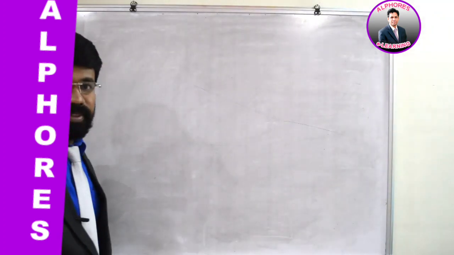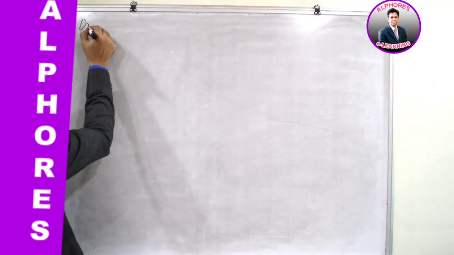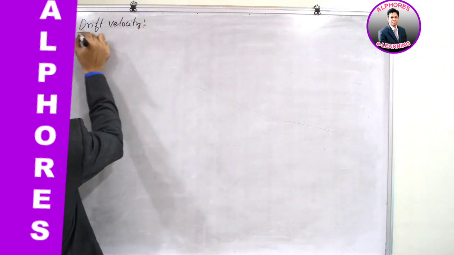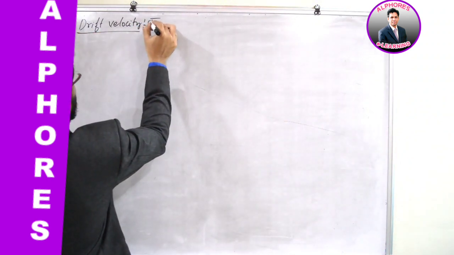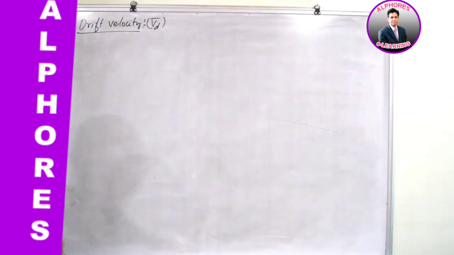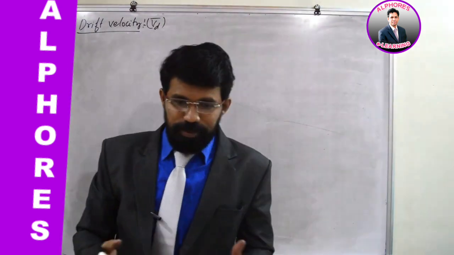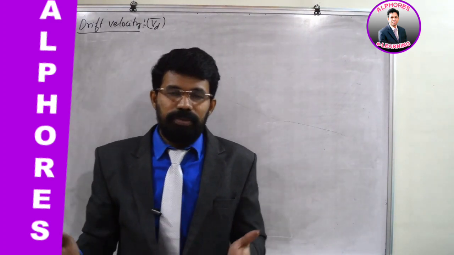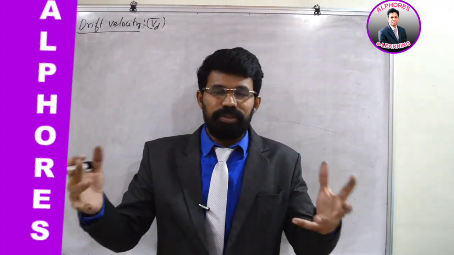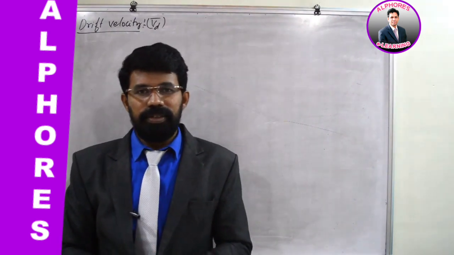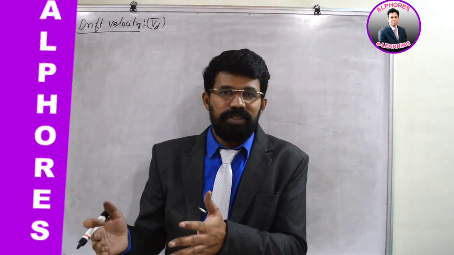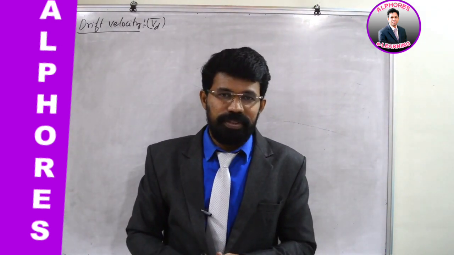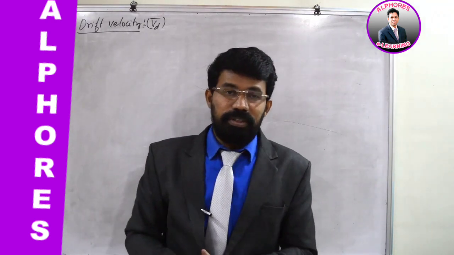So now let us discuss drift velocity. It is denoted with V bar subscript d. So what is the drift velocity? When you take a conductor and connect it to a battery, what happens? The electric field will be created, or a potential difference will be created across the ends of the conductor. Because of that, whatever charge carriers are present inside the conductor experience a sudden drift. They move in a particular direction, isn't it? So we'll try to find out what the drift velocity is.